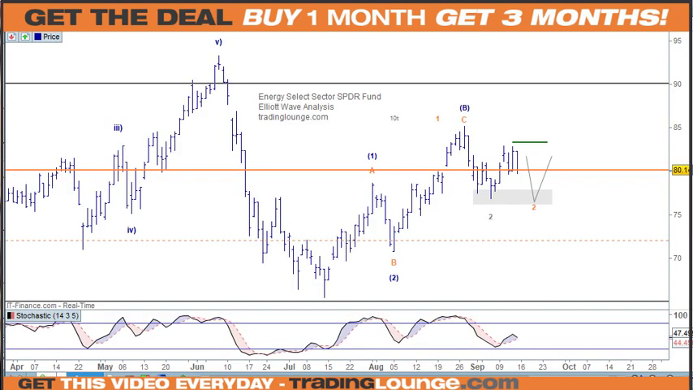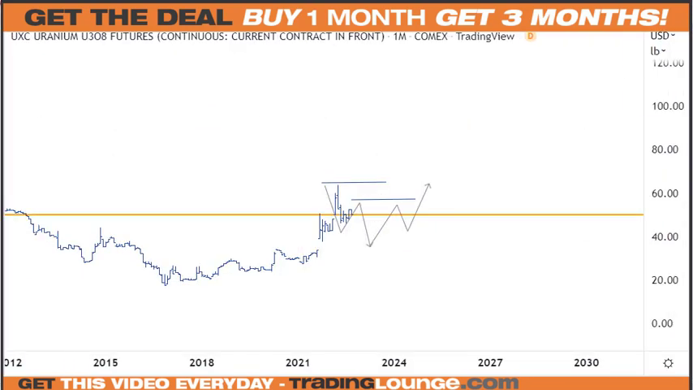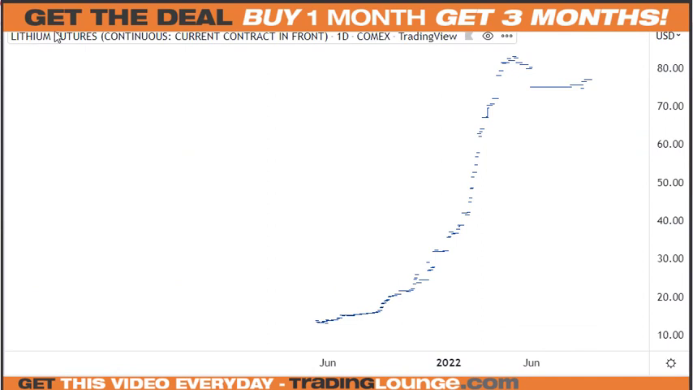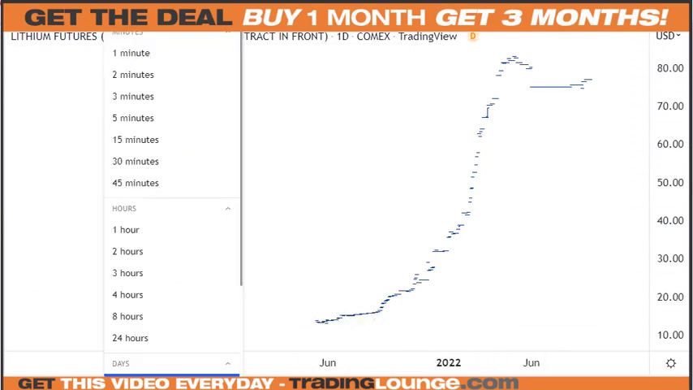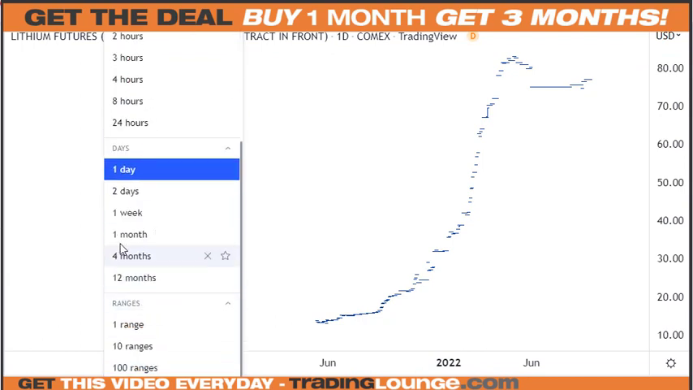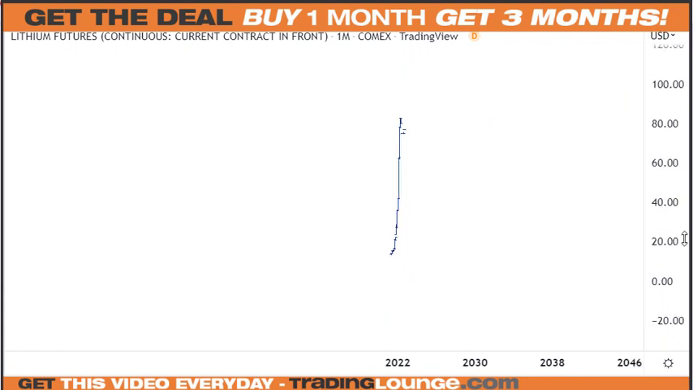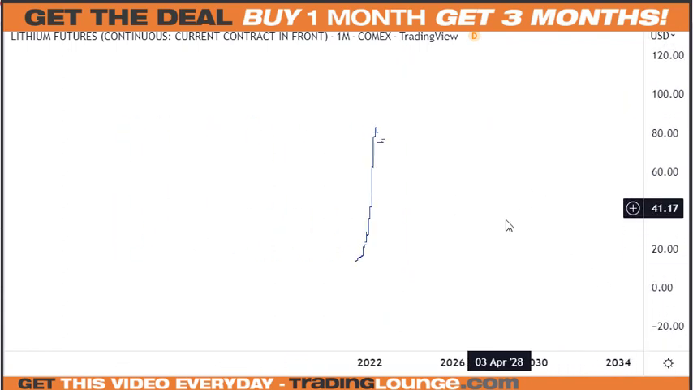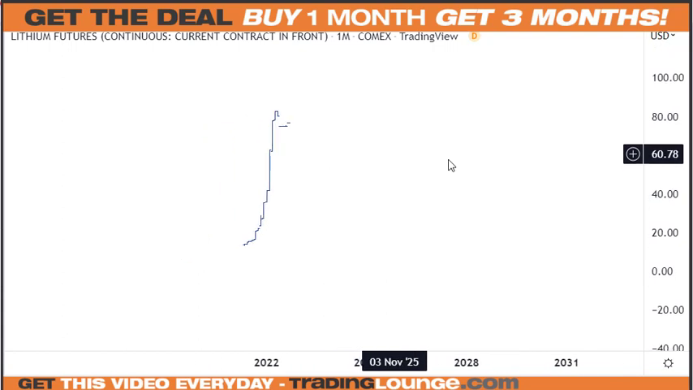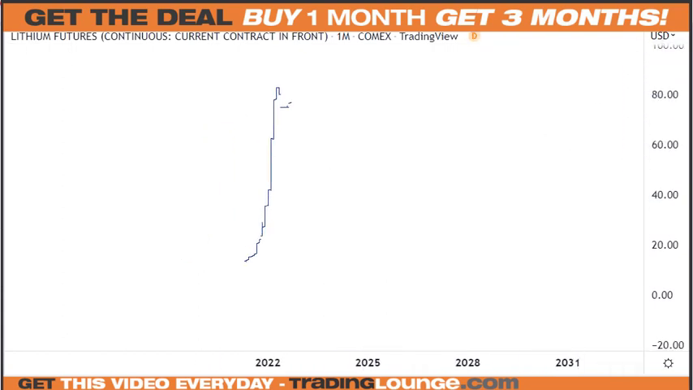So I think we covered... I don't know if we covered lithium just then. Let me just go back. So lithium, this is the daily futures continuous contract for COMEX. That's the daily, so on the monthly, that's pretty much it. In terms of Elliott, it's pretty hard to read. When you put it on the daily chart, for example, one would think that